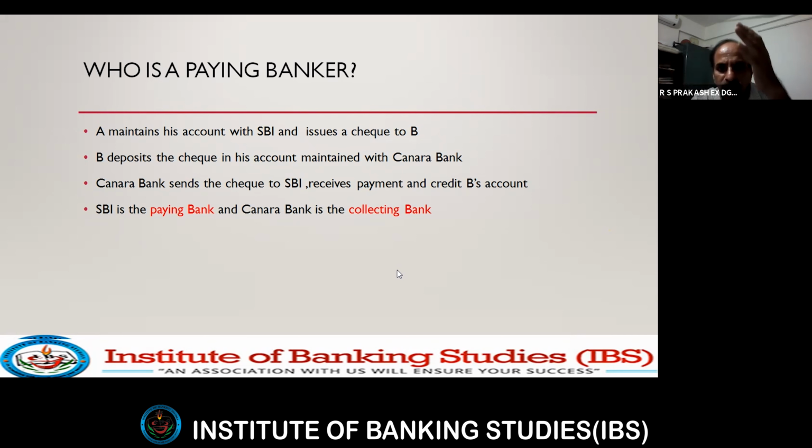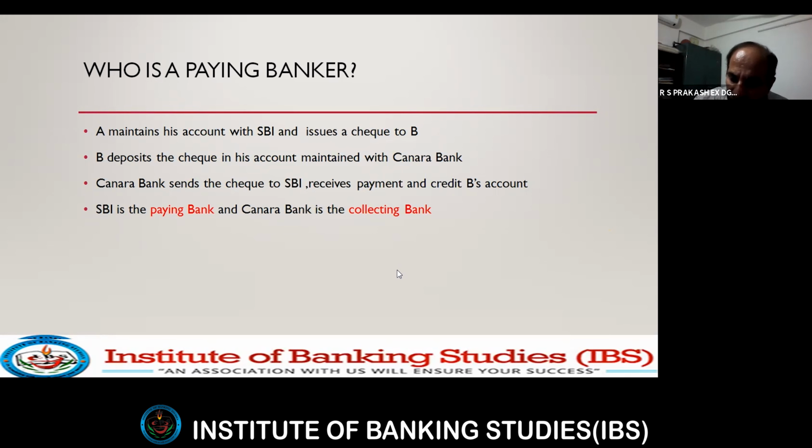If you can visualize the image of a check, we are not supposed to write anything on the face of it. Only the drawer has the right to sign, to fill in the name of the payee, the amount, date, and all the other things, and give it to the payee. And the payee, once he has received the instrument, has an authority or right to transfer the value to another person by endorsement. Endorsement is writing on the back of the instrument the instructions.